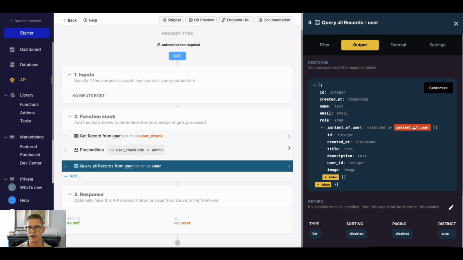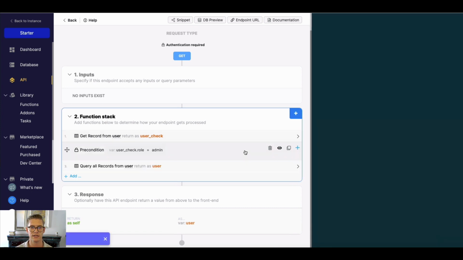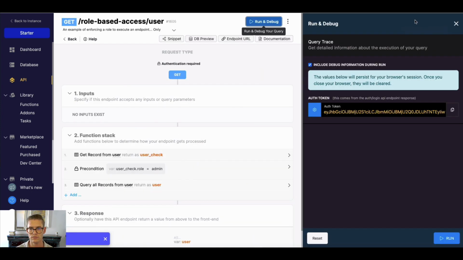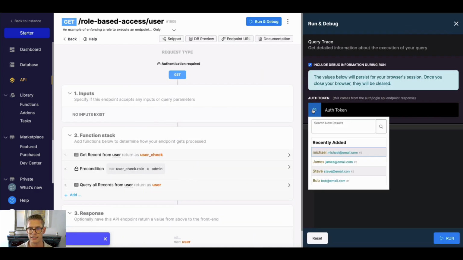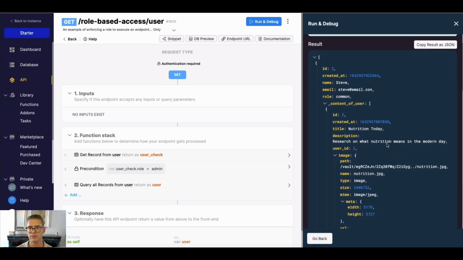Once again, we have this add-on here. This is showing a list of content each user has created. So let's go ahead and actually run this. So first, let's go ahead and get an admin, which is, I believe, Bob, user number 1 here. So if we run this, I believe Bob is the admin, so we'll be able to see